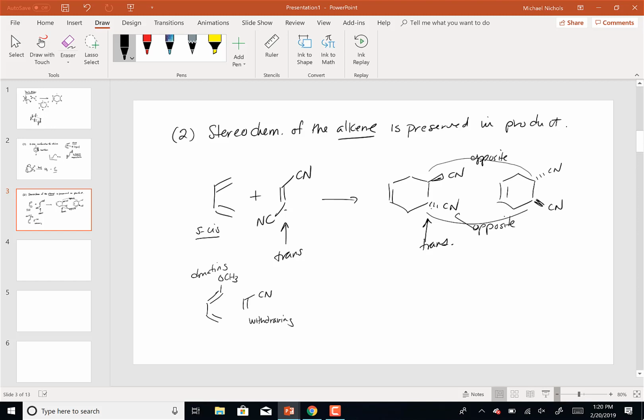Which makes sense. Because remember, our rule of making a chiral product is you need a chiral reagent. There's no chiral reagent. So we would expect to get a 50-50 mixture of these two enantiomers. So it doesn't matter how you write the CN, whether it's one bold, one dashed. Okay? So that's rule number 2 about stereochemistry. Rule number 3